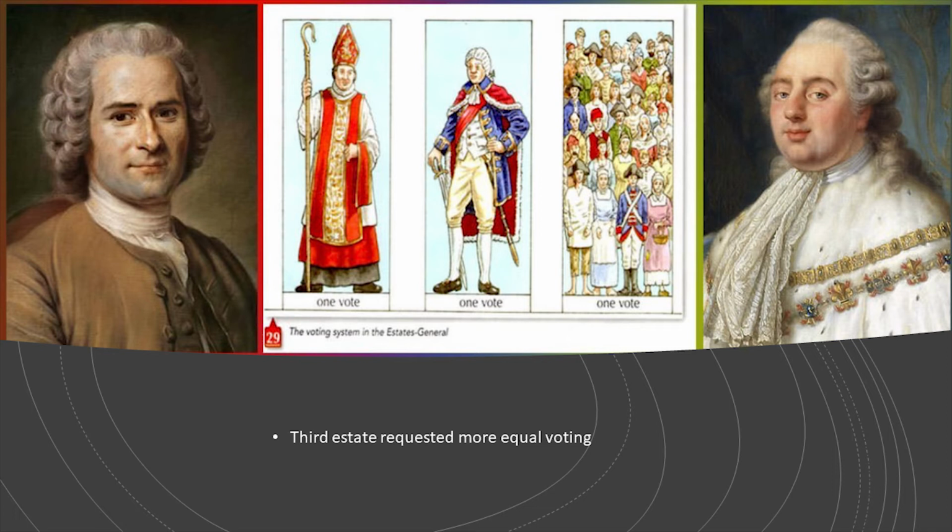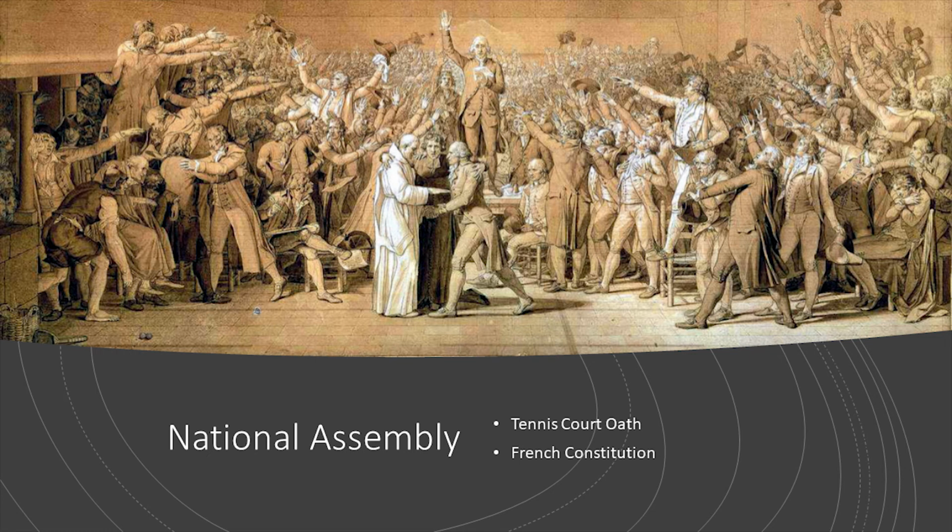Now for the revolution itself. We can divide the revolution in three stages. The first stage is from 1789 till 1795, starting with the meeting of the Estates General in 1789, where the first and second estates refused to surrender their taxation privileges. Afterwards, the third estate left the Estates General and formed the National Assembly, a new form of government where they swore the Tennis Court Oath, agreeing not to give up until a French constitution was established.